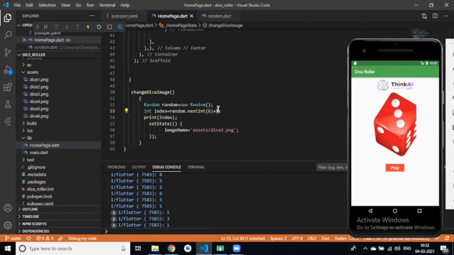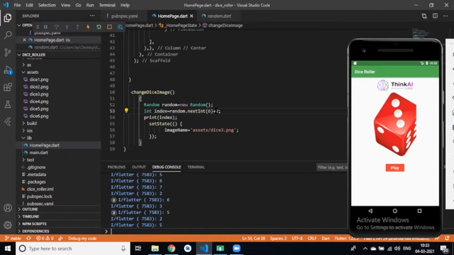If I pass here 2, then it will start from 2 only, 6, 7, not 1. We set from 2, so 1 will not be displayed. And 6 plus 2 is 8, so we can get 7. Understand?